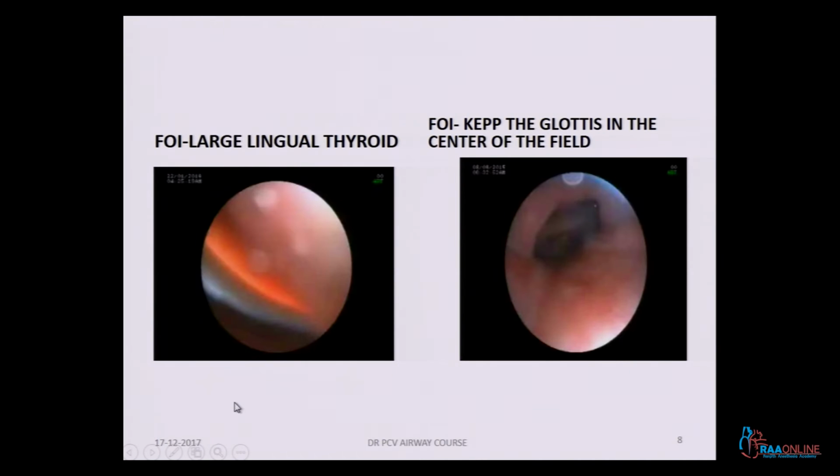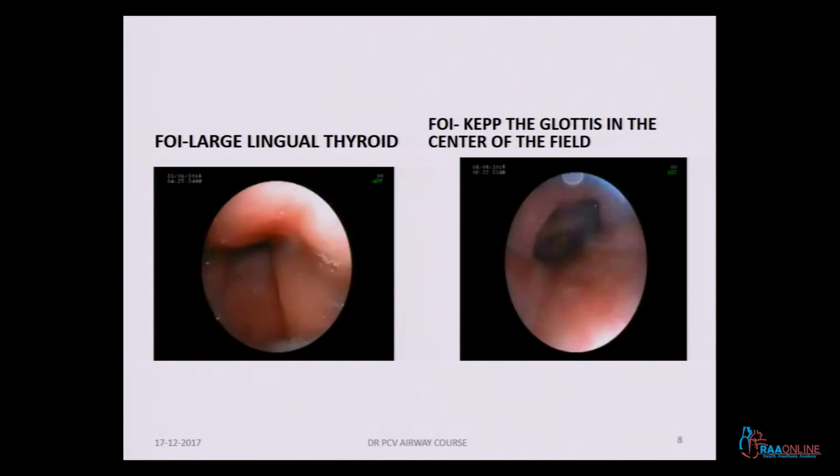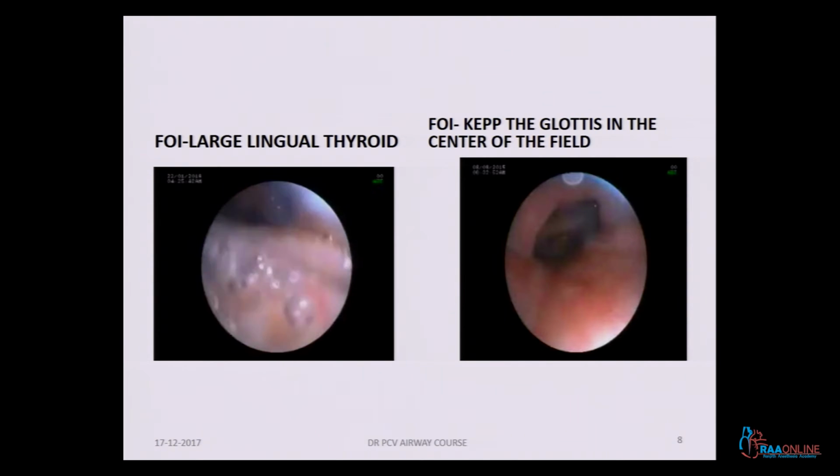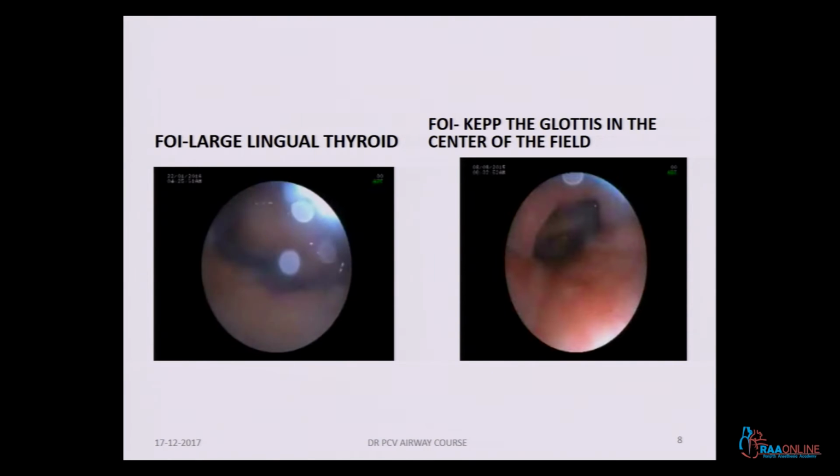It is one another case of a lingual thyroid coming for an anesthesia for excision. When you have expected the lingual thyroid, and if it is seen in the CT scan as a larger mass occupying just below the epiglottis, it is a predicted difficult airway, and we took the patient for fiber optic intubation. We passed through the nasopharynx, and you can see a large lingual thyroid occupying the subepiglottic area, obscuring the vision,